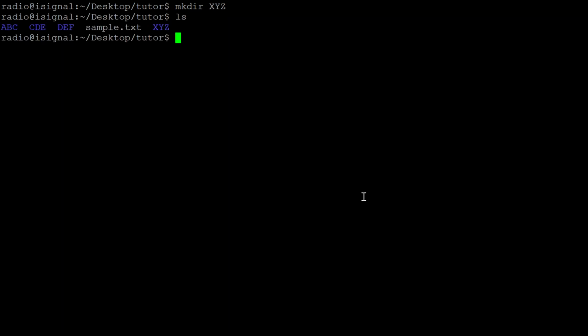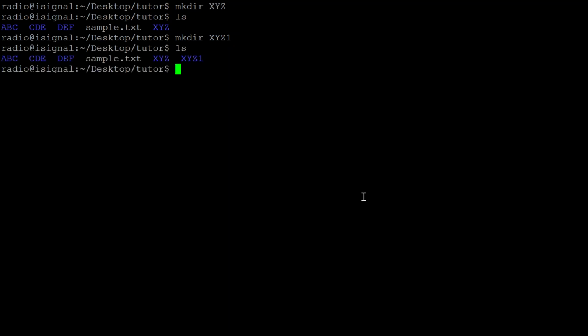Now to start with, first I would like to show the creation of a directory. The command is mkdir, and let's say xyz. Okay, so I'm going to press enter. Now just check it. So xyz is a directory, it is actually created. Let's say xyz1 also, one more directory which is created. So this is the creation of the directory. And we have multiple options also. I'm going to discuss only one of the options, for example, minus p.